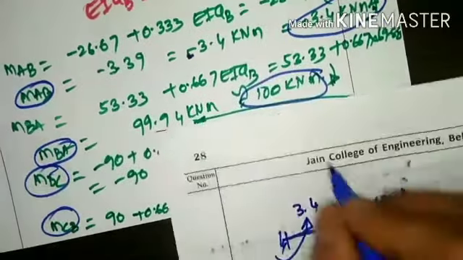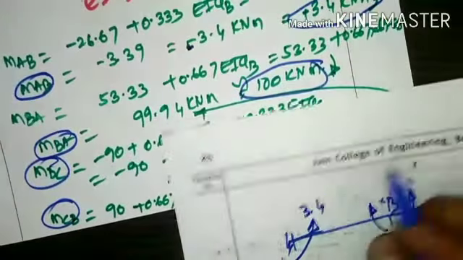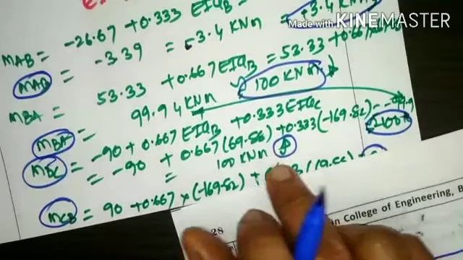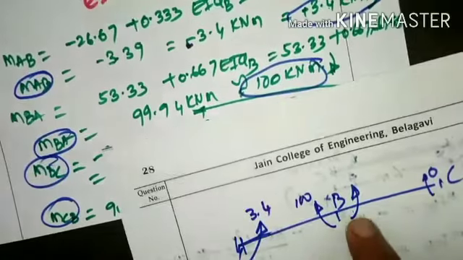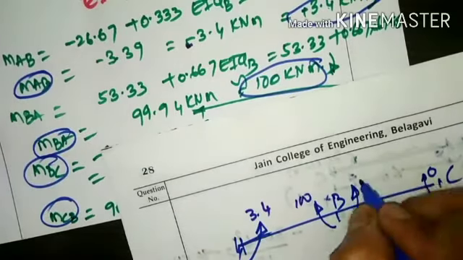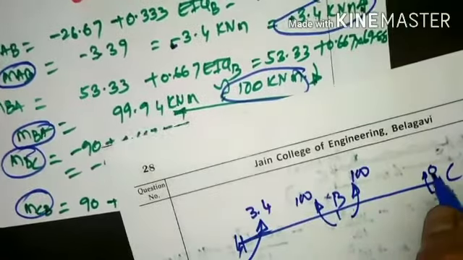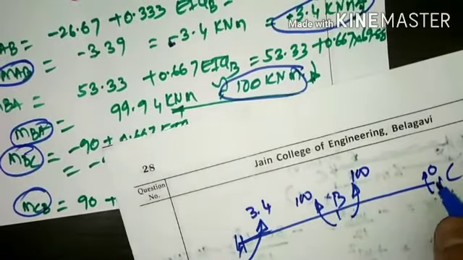On the left hand side it is clockwise 100, so here I shall write it as clockwise 100. Right hand side here it is anti-clockwise 100. So I have already shown the direction as anti-clockwise, I shall just write the value as 100. And here anyway the value of MCB is 0.